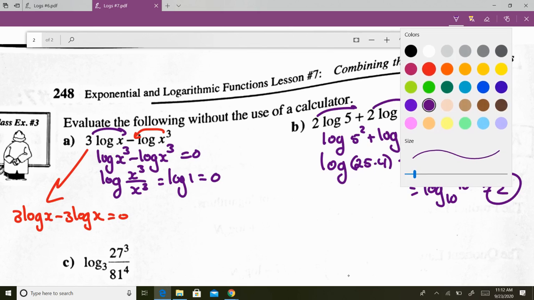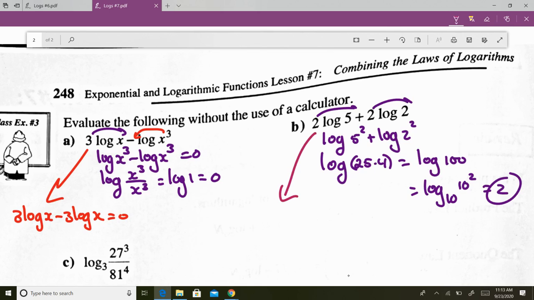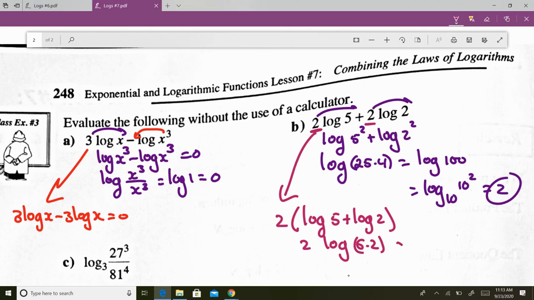So you could have, or you may have, said, hey, there's a 2 there and a 2 there, and I like to factor. So you could factor out a 2 and had log 5 plus log 2, which means I'm going to multiply the 5 and the 2. So it becomes 2 times log 5 times 2, which is 2 times log of 10,